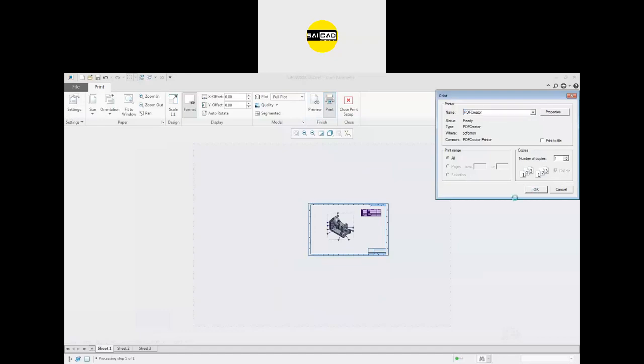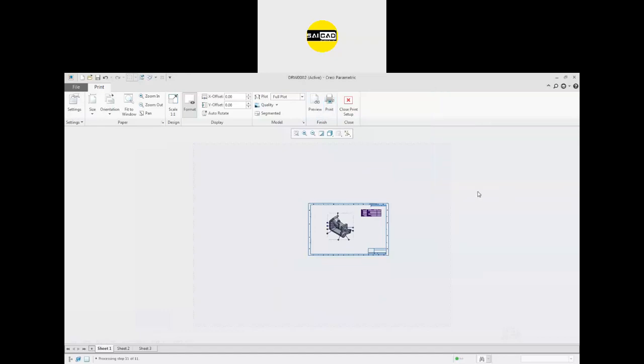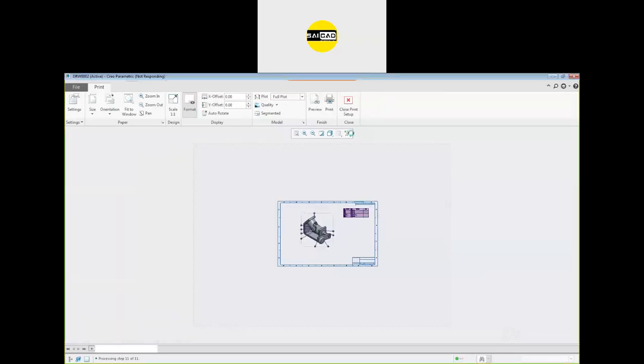Okay. Now go to the print. Select the print. Wait for 2 seconds. It's taking a little bit longer. Okay. You can see it's in the process.